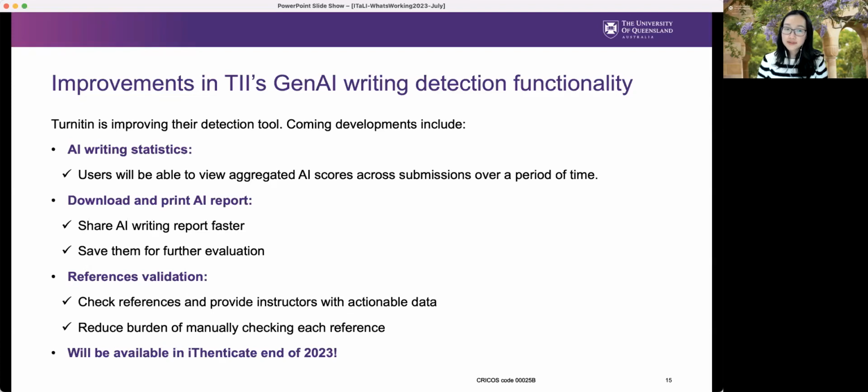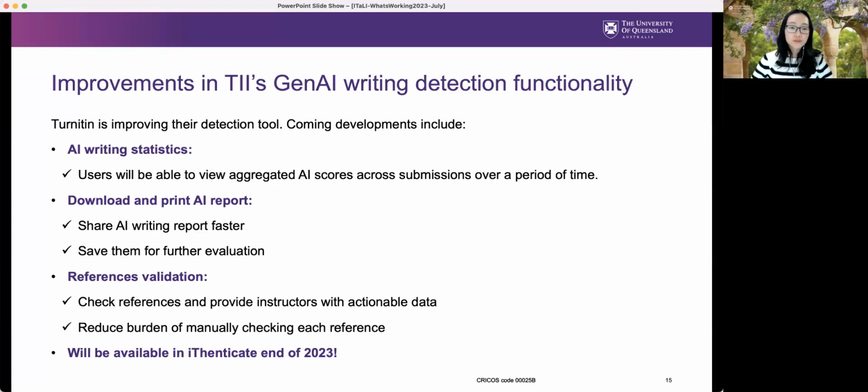And for reference validation, we know that ChatGPT is currently not able to come up with correct references, and this entails a time-consuming checking process for the staff. But Turnitin is developing the capability to check references and provide instructors with actionable data.